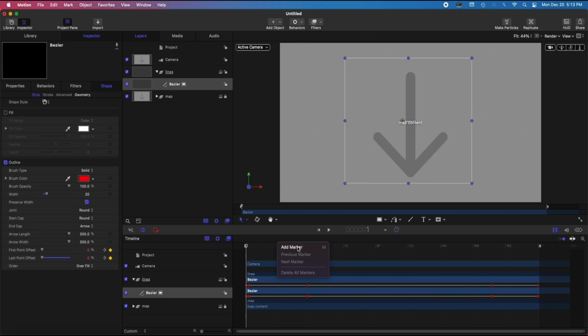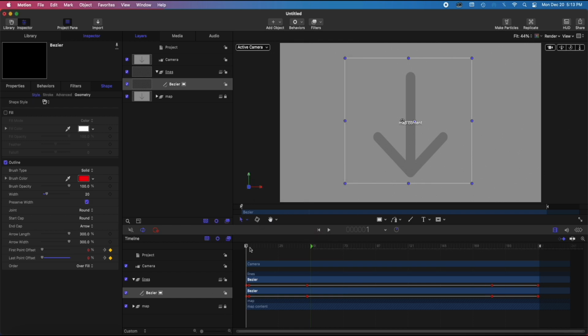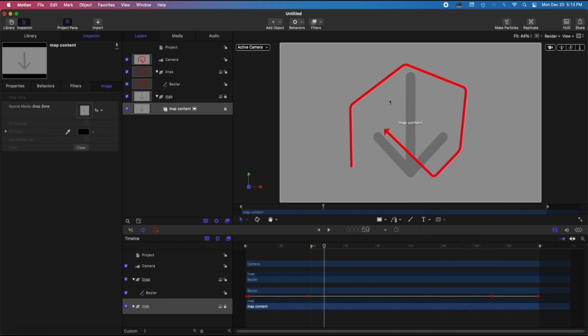Well, another thing we can do right here is let's move this. So I want to make this a marker. I'm going to go edit marker. I'm going to call this a build-in mandatory. So no matter how long I shorten this animation to in my video, I don't really ever want it to speed up this portion. I always want to have about 49 frames to do this animation because I don't want to run a risk of it ever being too fast that the animation just looks sloppy, messy,